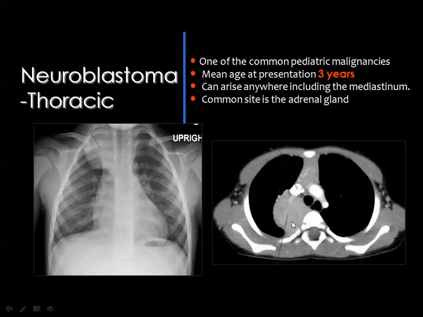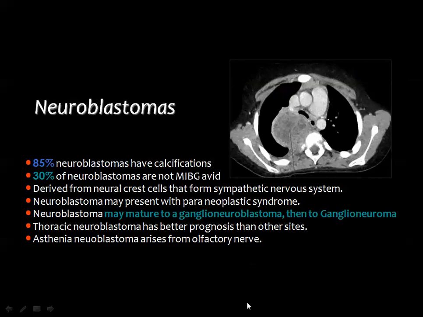Then frequently the mass contains calcium, and calcium is seen by CT in about 85% of cases. And these masses, also being of neurogenic origin, may extend inside the spinal canal. Then 85% of neuroblastomas show calcium, but by CT. You know, CT is much more sensitive than X-rays for detection of calcium. About 30% of